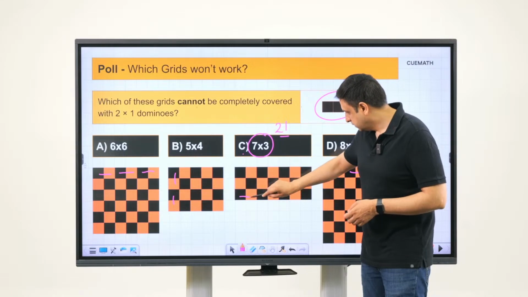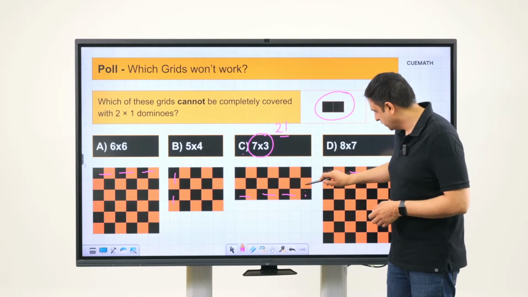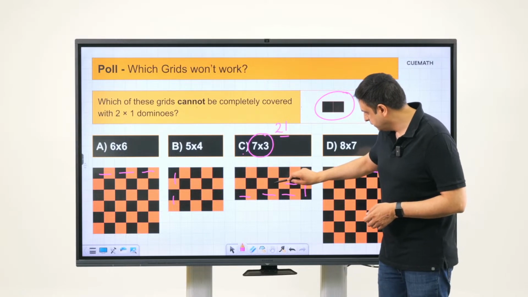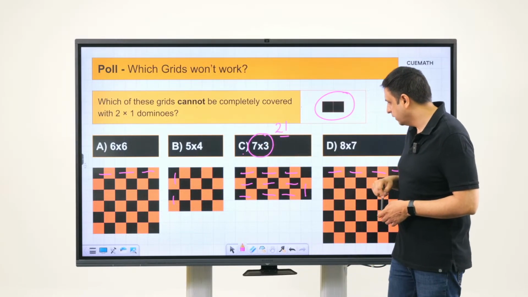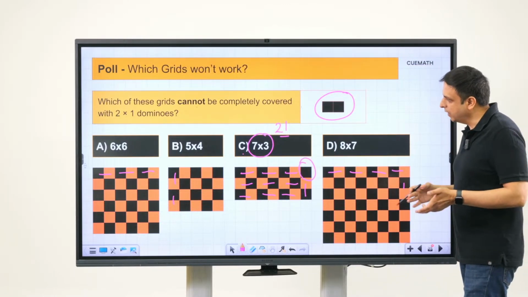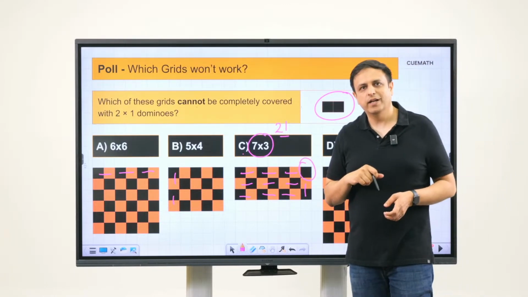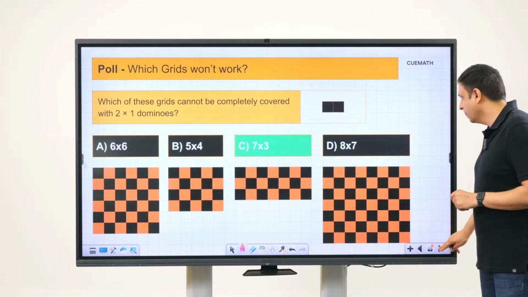So, I will place 1 here, so 2 here, 3 here, I will place maybe a 4th one like this, then 5, 6, 7, then 8, 9, 10. Okay, so I have covered 20 squares, but now this one is left. So, no matter how you try placing your dominoes, one square will always be left. Okay, most of you got this one right.